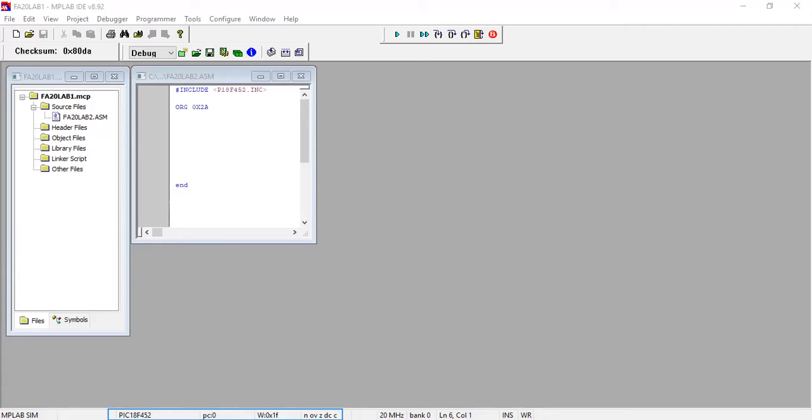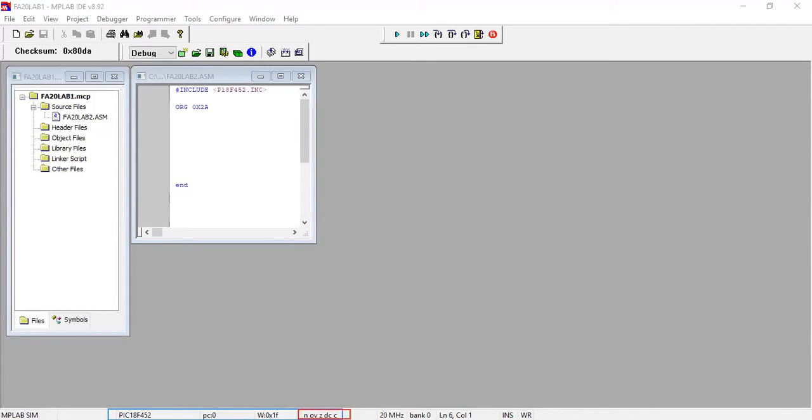The other thing that I wanted to show you, and let me use another color so that you can see, is a very important area of our MPLAB taskbar. One can see N, OV, Z, DC, and C. If you remember, in our theory class we covered the PIC status register, which is the flag register, and we have 5 different conditions. C for carry flag, DC for digit carry, Z for zero flag, OV for overflow flag, and N for negative flag.